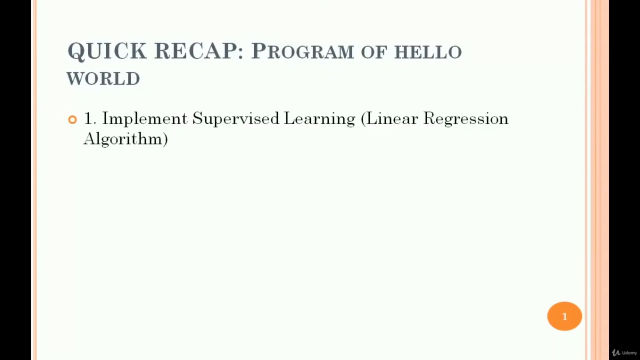In our previous video, we learned how we can write our first machine learning program under